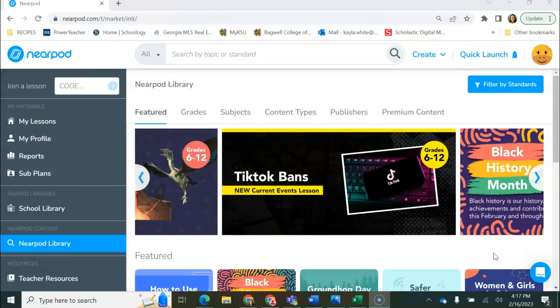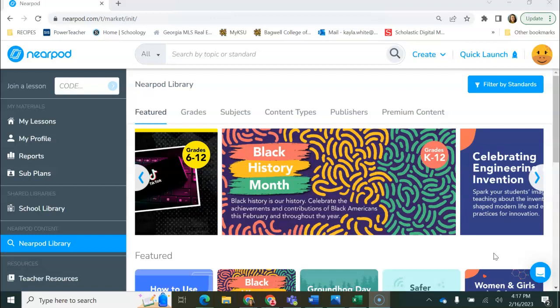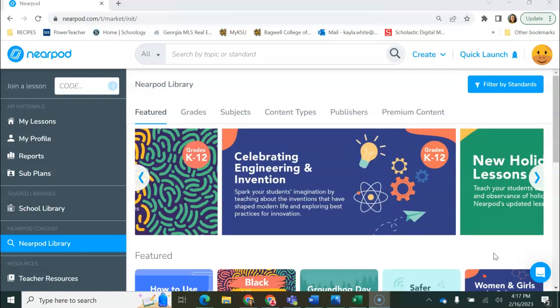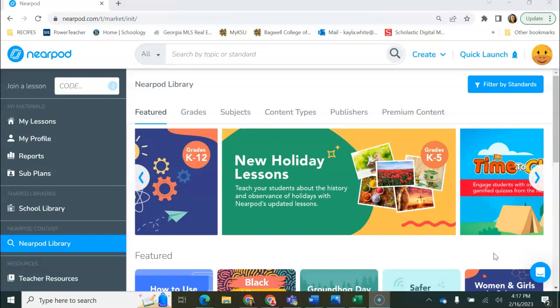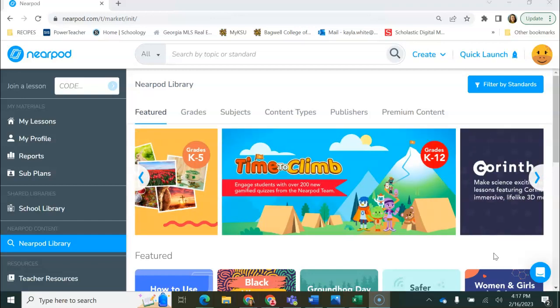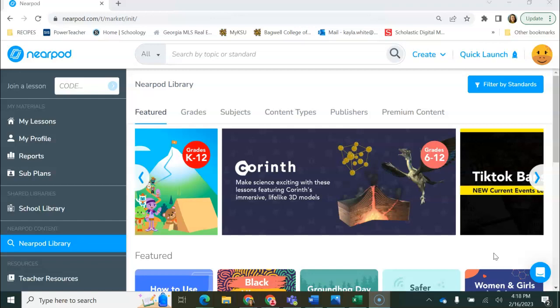So I am using Screencast-O-Matic, which is a screencasting or screen recording software that Bartow County purchased for us back during COVID, when they were trying to figure out ways to help us incorporate blended learning when we had to go out for distance learning. And of course, when we came back from COVID,